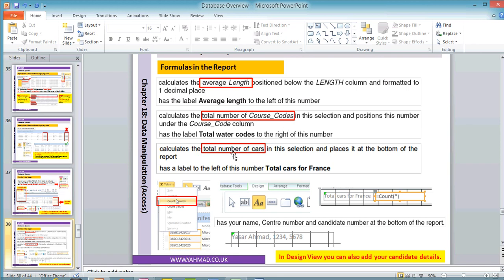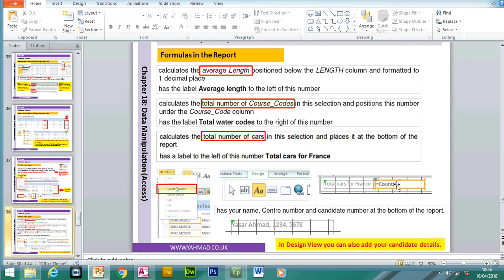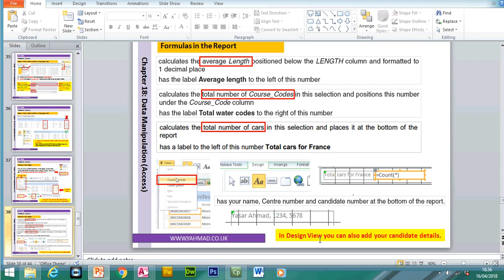Calculate the total number of cars. So in a database, each car will be a record. So again, this will be using a count function. So total cars for France, we use the function here. Okay. In design view, as mentioned, you can also add your candidate details